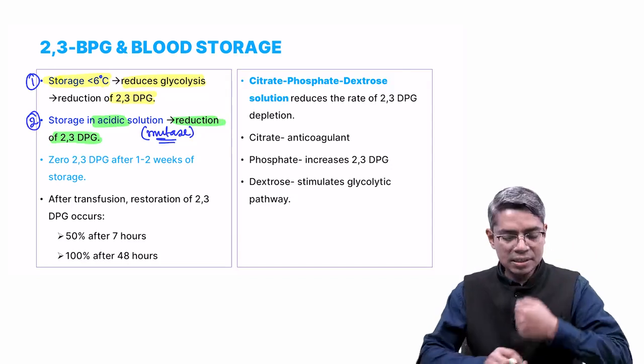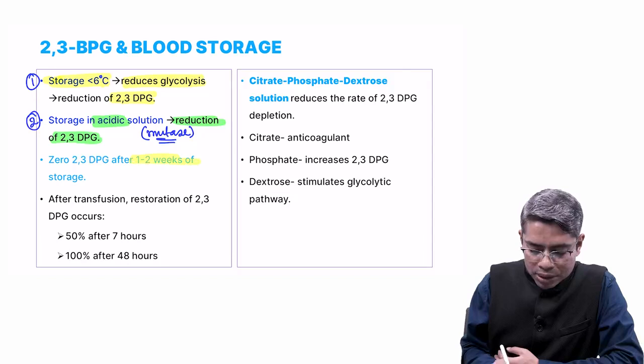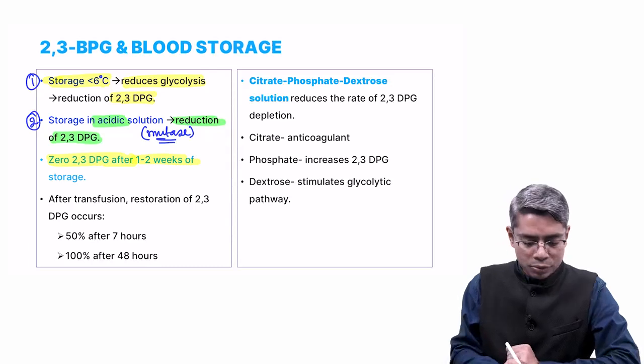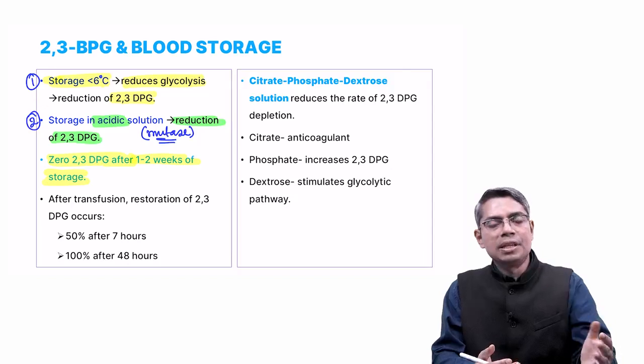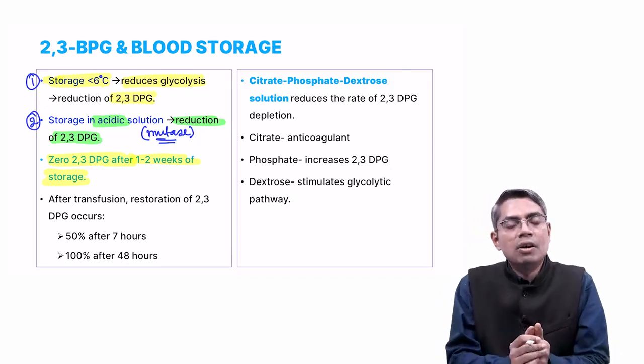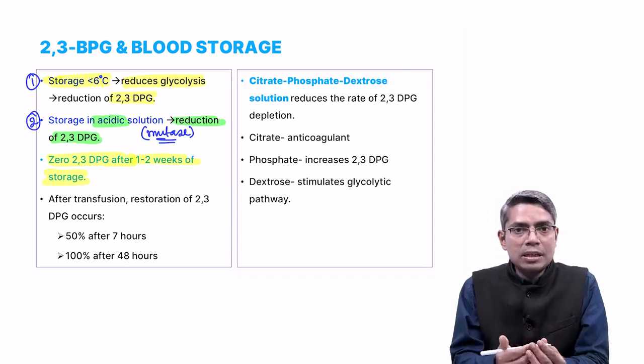And how much reduction happens? It is generally seen that if you store blood for 1 to 2 weeks, 2,3-DPG will be zero inside the RBC. So, you can easily understand that storage of blood will cause left shifting. Left shifting means high affinity of hemoglobin with oxygen, means if you give the storage blood,